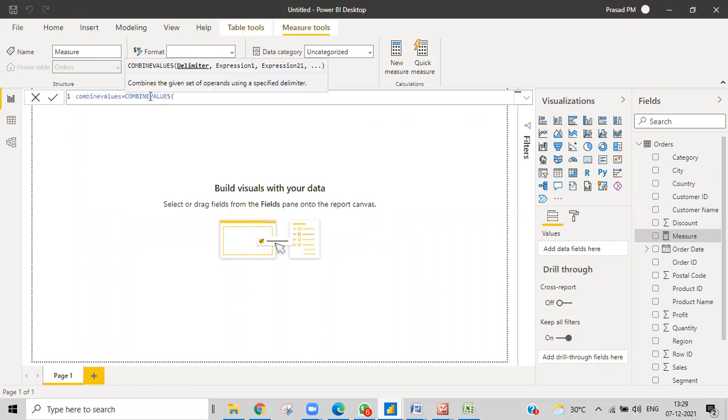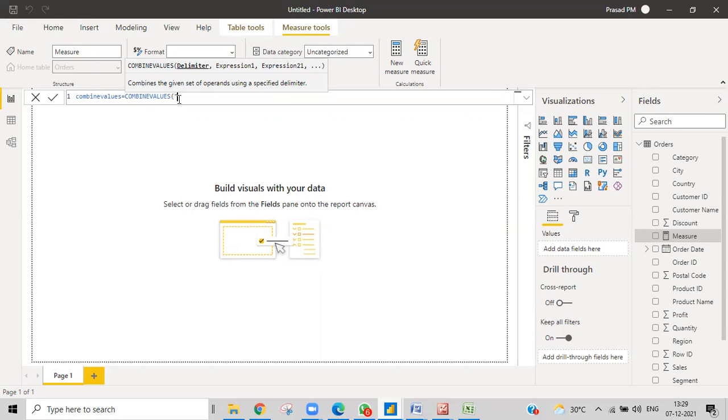IntelliSense gives us the syntax also, so that it is useful to you to write the code.